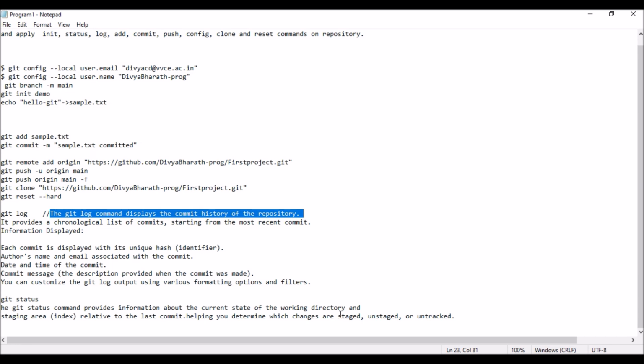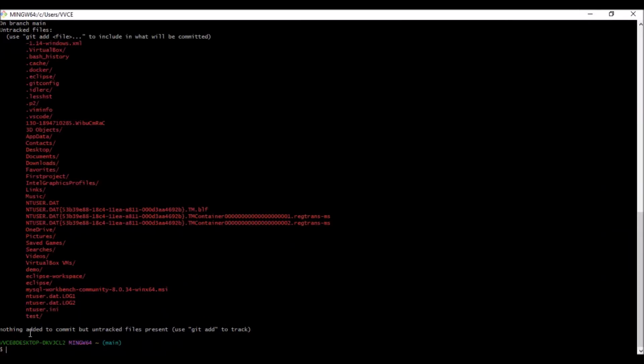Since I have already committed the file here, it shows nothing added to commit, but untracked files present. That is, you have to move it to the remote repository. Fine. So that is what will be shown for the present working directory by your status command. Hope you are getting my point. So this is for git log and git status, and the other thing is we have created a file using echo,